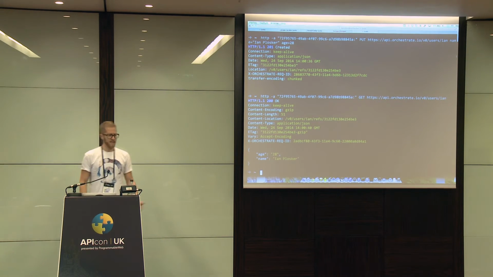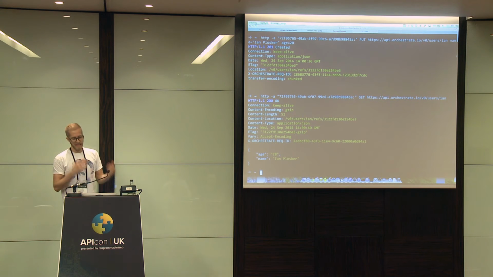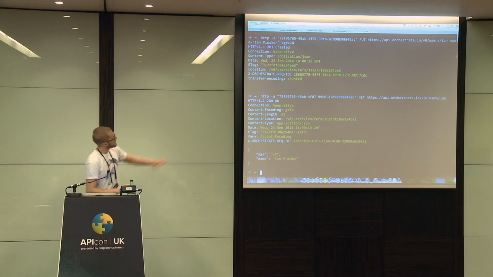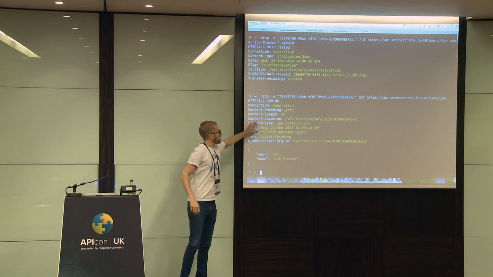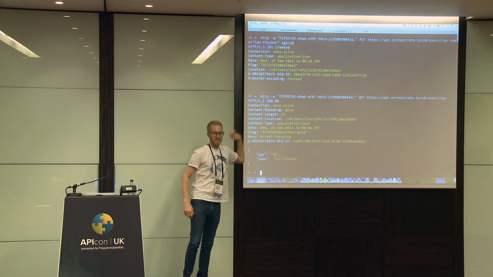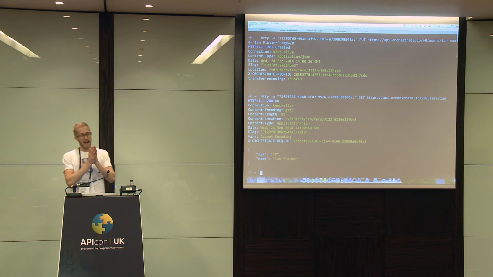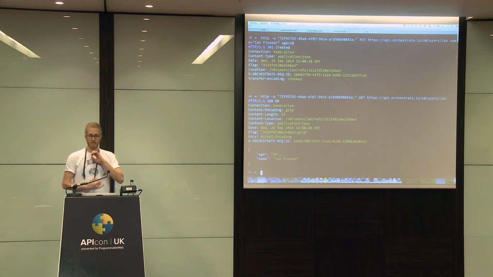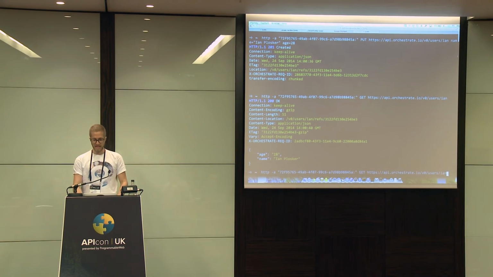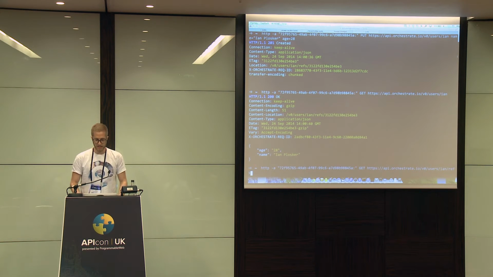Now I query Ian again, and look, it changed. Well, yes, it changed, but we have this content location header that has the canonical URL for this value. All keys in Orchestrate are actually time series, and when you query that key, you're just asking for the head value. But all of the previous values that that key has held are still available. So for example, if I wanted to see all of the values that have been held in this key, I can go to